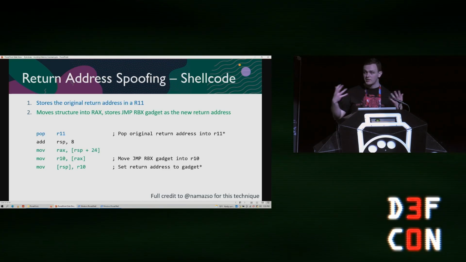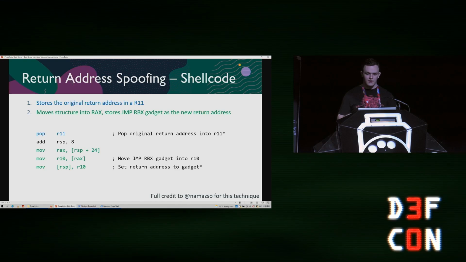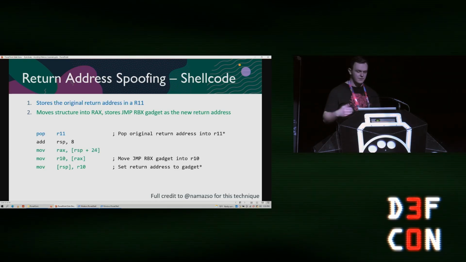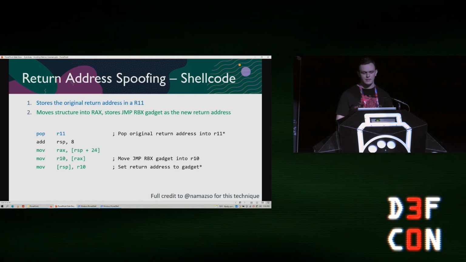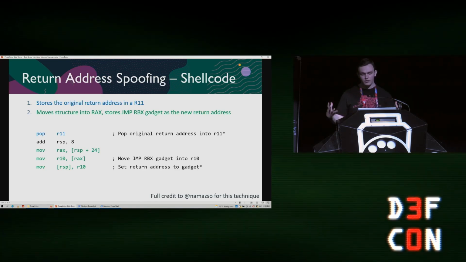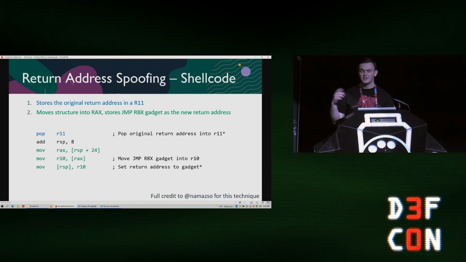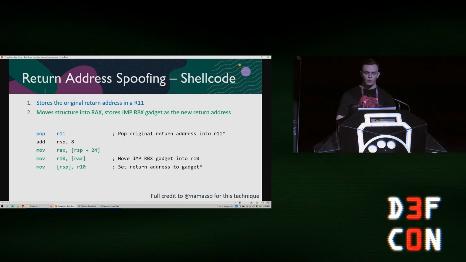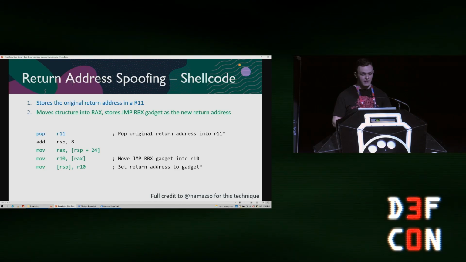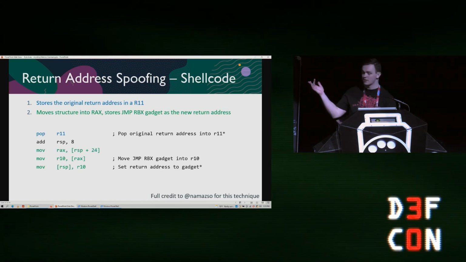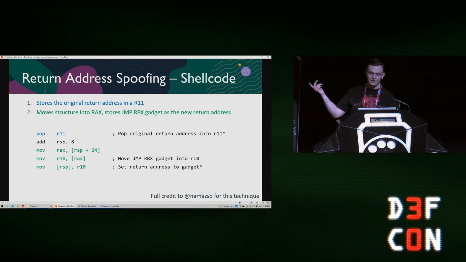But once you've done that cast and you've called into the shellcode itself, we're going to go through how this works specifically as well. So first thing we want to do is just save the original return address. We want to move that whole data structure with our gadget, the trampoline gadget, and the intended function into RAX, and we're going to put the jump RBX gadget as the new return address. So this is where the spoof happens, at those last 2 lines rather,